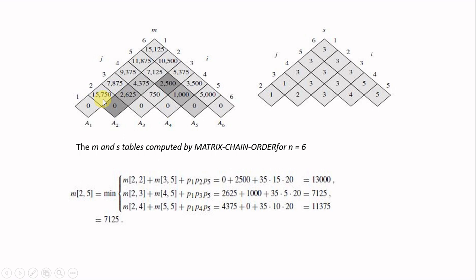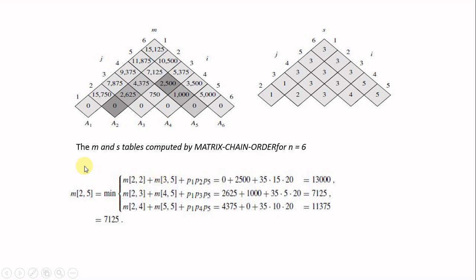So m of 1 comma 1 is 0. The value m of 1 comma 2 is equal to m of 1 comma 1, because k is 1, plus m of 2 comma 2, because k plus 1 comma j, k is 1, so k plus 1 is 2. So m of 1 comma 1 is 0, and m of 2 comma 2 is also 0,